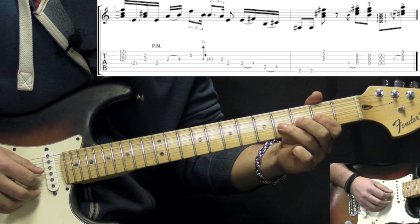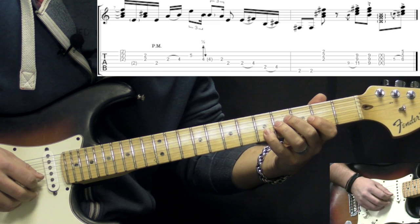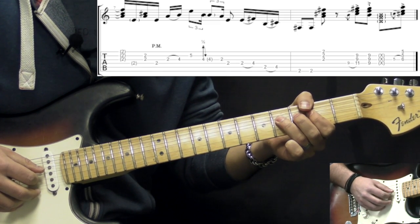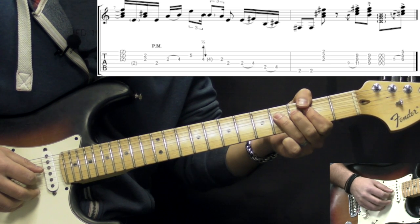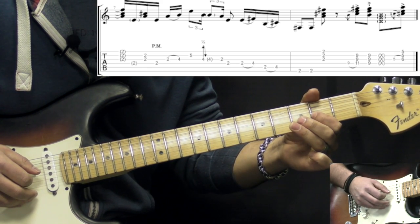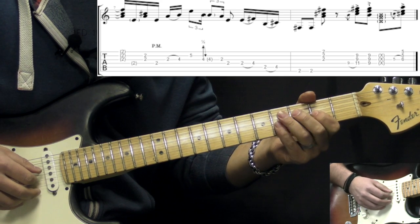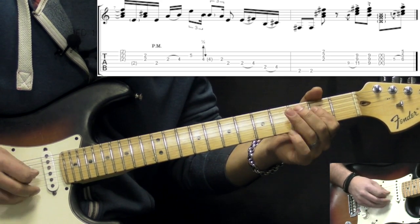So it's a hammer-on from 2 to 4 on the G string, then we play 5 on B, then we have a pre-bend on the G string from the 4th fret, half step down, so you bend the string and then you pick it, bring it down, pull off to the 2nd fret, and then 2nd fret on the D string, like that. And then we have,